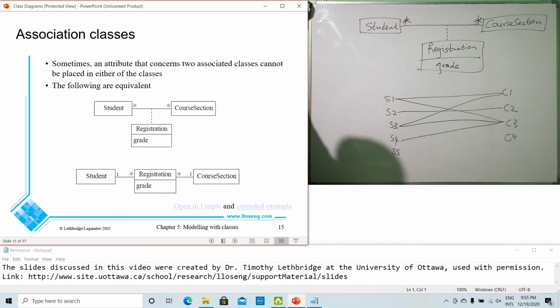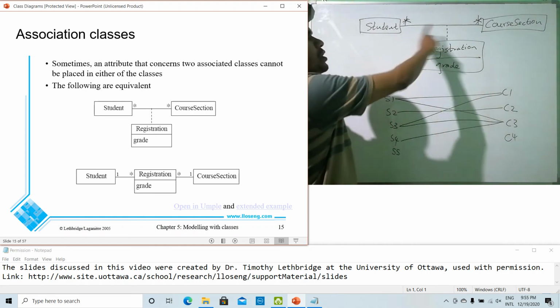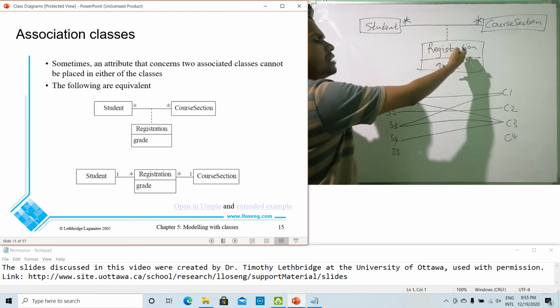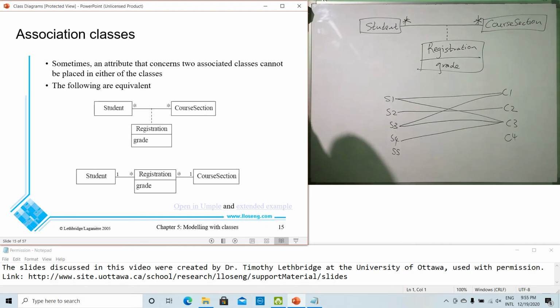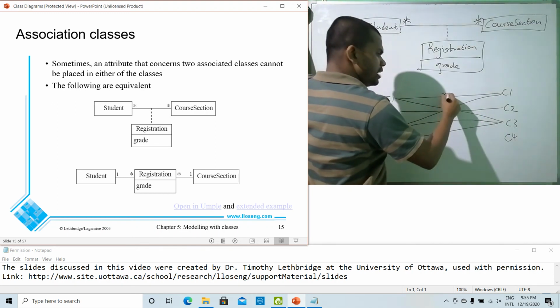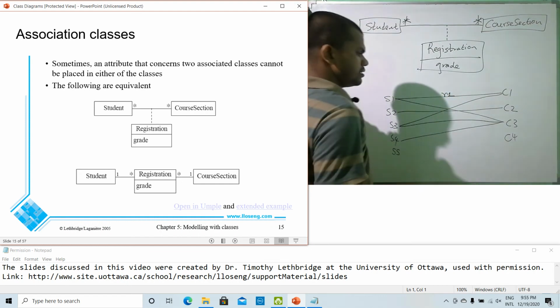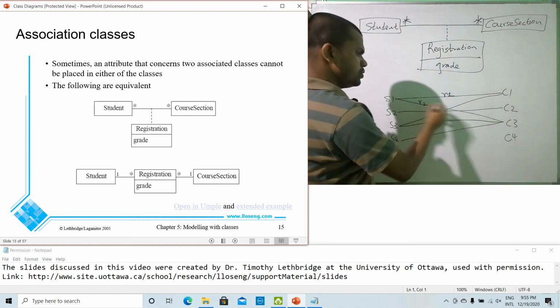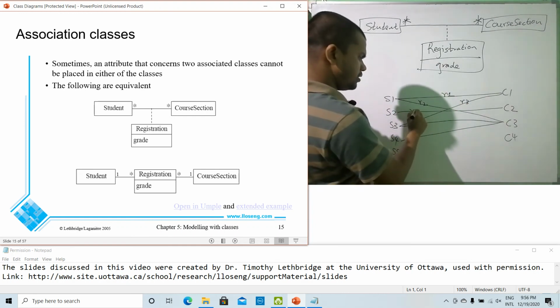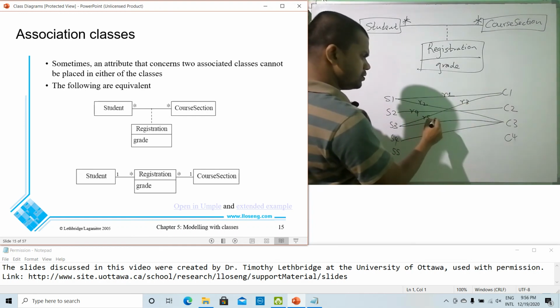That means for each link we have a registration object. For this particular link we have R1. Let's say R1, R2, R3, R4, R5,